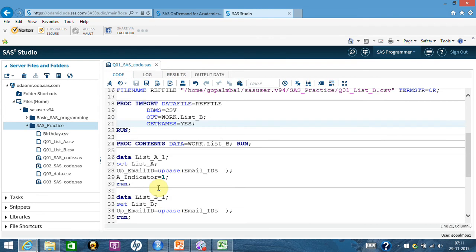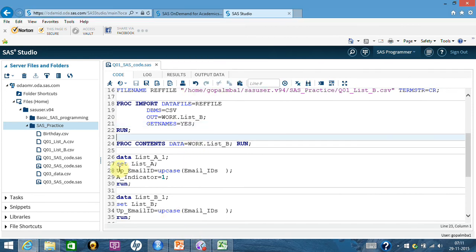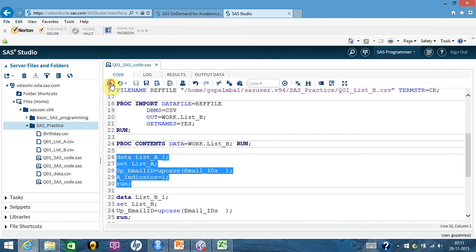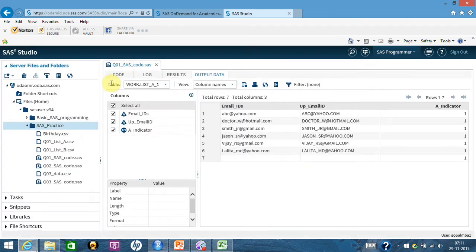Now let me create an uppercase email ID in list A and one indicator variable. Let me run it here. If you look, it has created the uppercase email ID and the A indicator, which has given 1 in each and every observation.